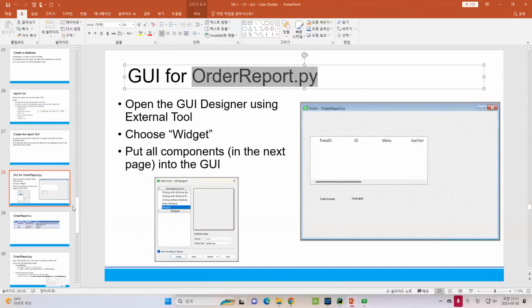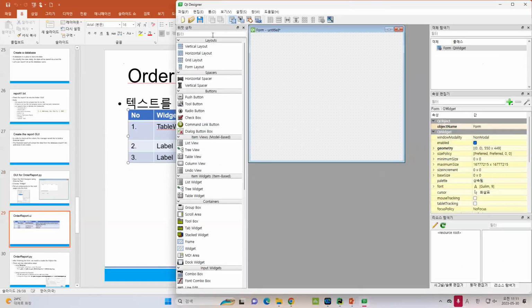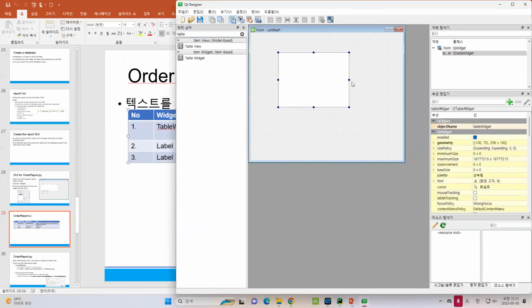So now let's look at the order_report.ui. We are going to make three kinds of widget. The first is the table widget. Okay, let's check table. So there is a table widget. We can click and then we can move it to this form. So you can arrange the size